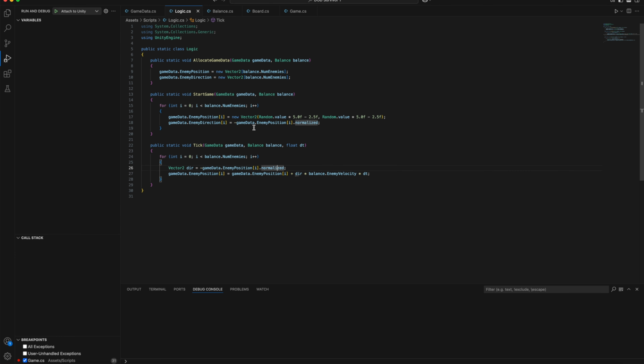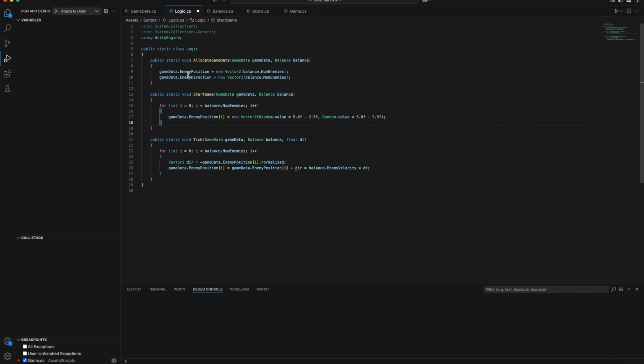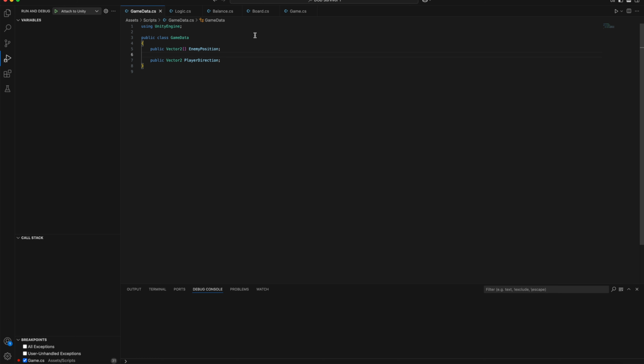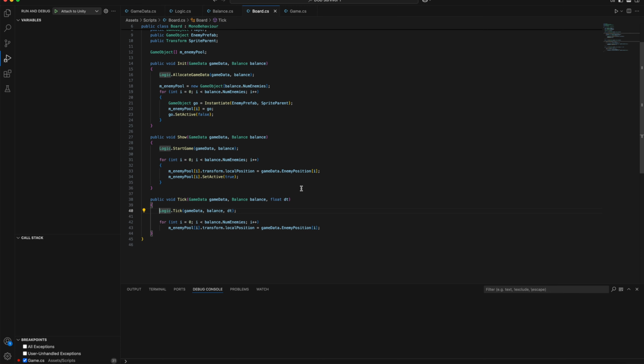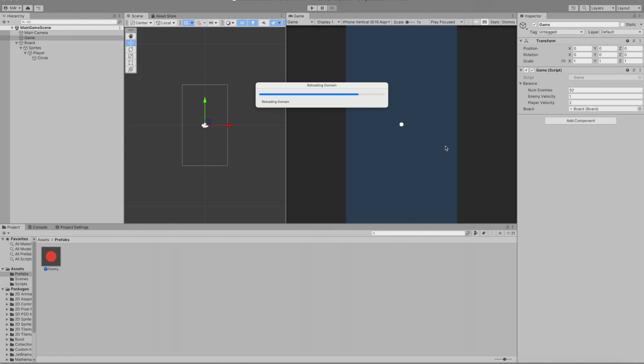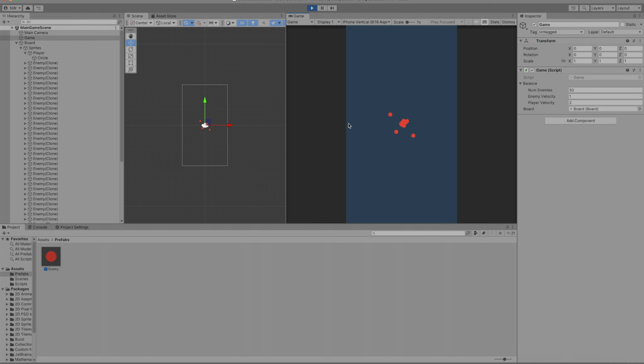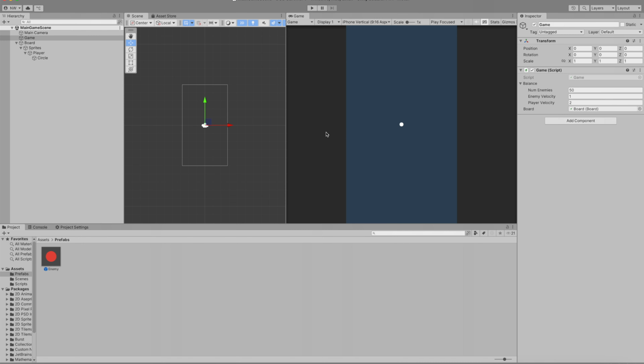This also means that we actually don't even need game data dot enemy direction. We can actually just get rid of it. This whole array can go, because we're going to dynamically calculate it, especially if the player starts moving around. The enemies will have to follow and chase it, so we'll need to set the enemy direction at every frame as the player moves around. So we don't even need that. So we can just remove that array and that data. And awesome, all these enemies are now chasing after us. So now that we have